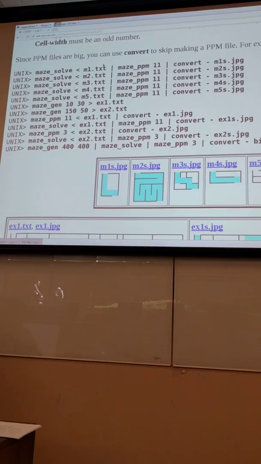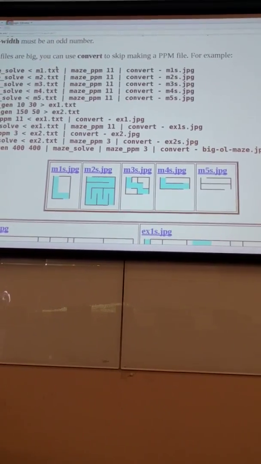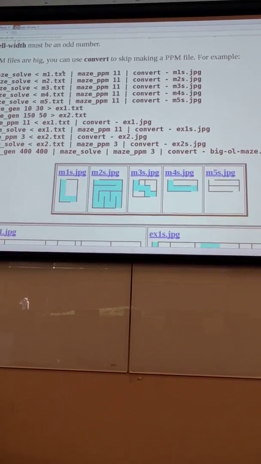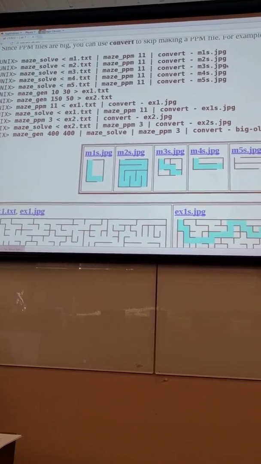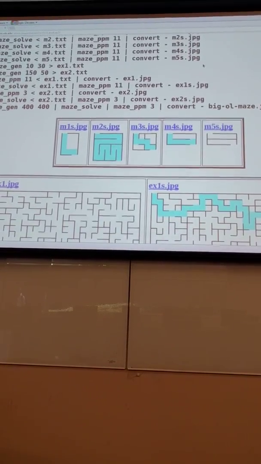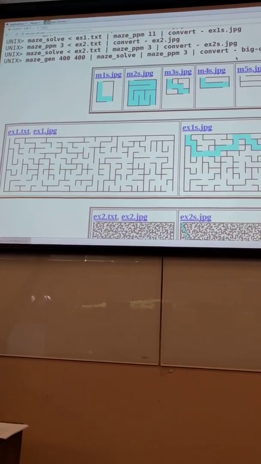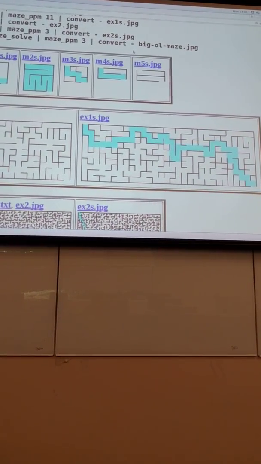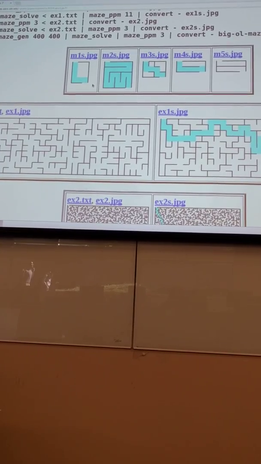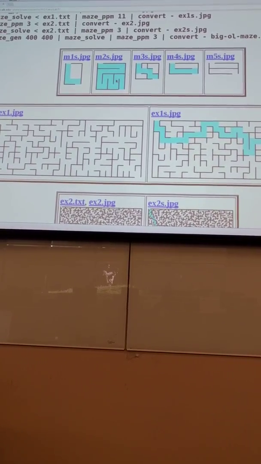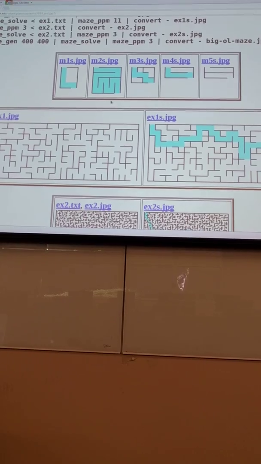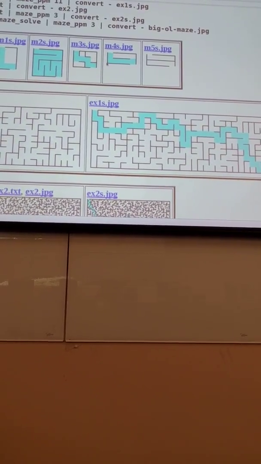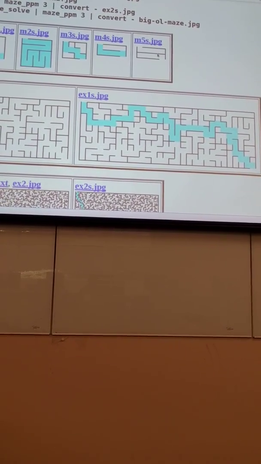And since PPM files are large, you can pipe it to convert in order to convert it to a JPEG, which is smaller. And here's some examples of the calls you would make to get out a JPEG image of what the maze looks like. And then here's some examples of the JPEGs of the solutions for the first 5 mazes. The first one shows the path taken in blue through it. M2 shows every cell is on the path, and it highlights it blue. M3 shows the path taken through it, and M4 shows its path, and then M5 doesn't have a path, so